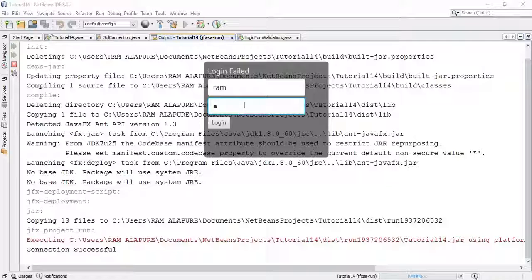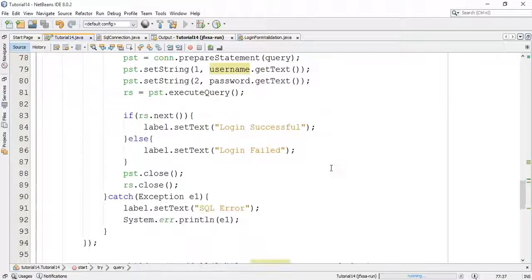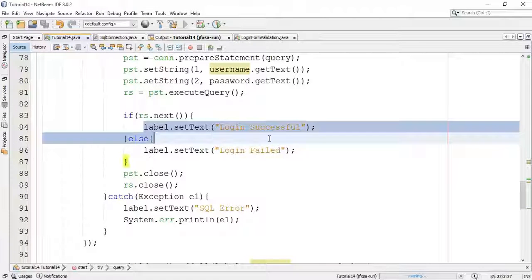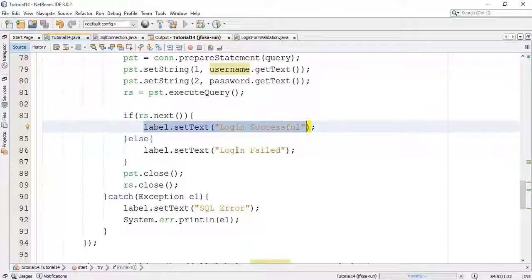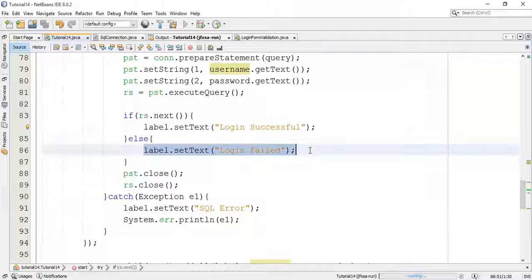So when I type the right password, it will give login successful, as we have set on a label. So it will print login successful when you type the right password and username, and when you give a wrong password and username, it will print login failed.